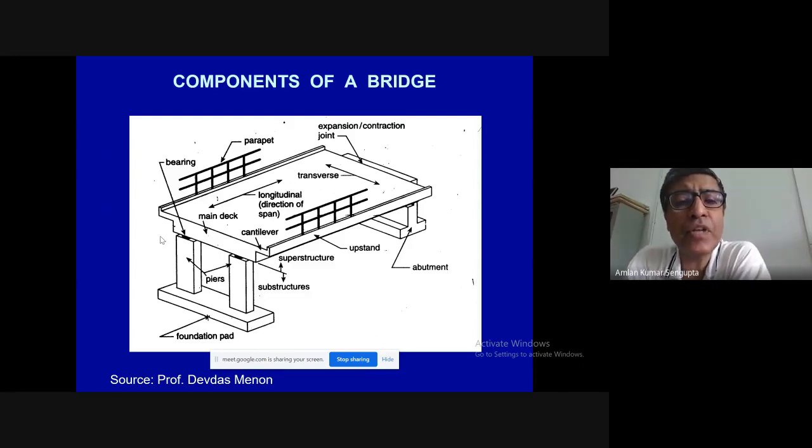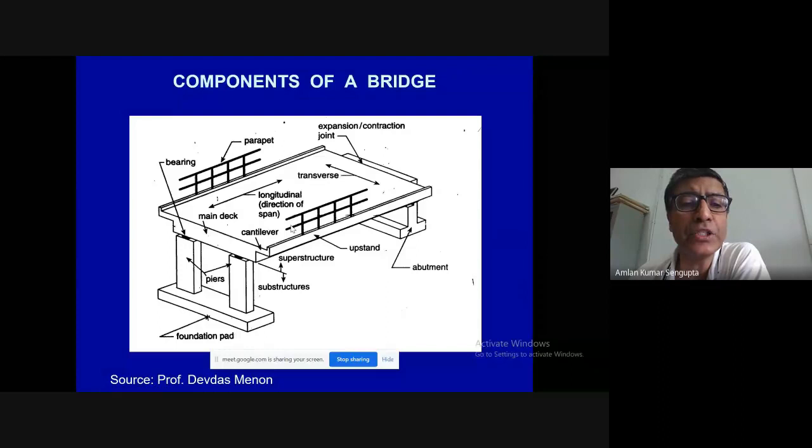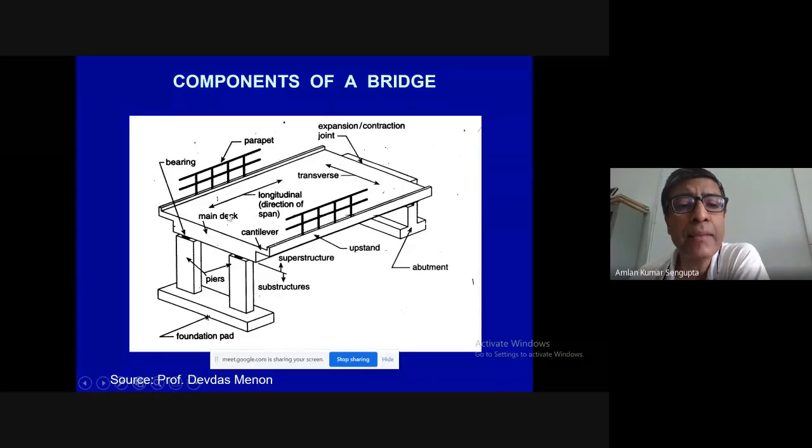Next, we are seeing another type of structure, which is called the bridges. Although in this course we will not be covering bridges, it is nice to have an idea so that some of you who may be attending the bridge course will be able to correlate the bridge structure with a building structure. In a bridge, the heaviest component is called the deck of the bridge. Deck is actually the slab of the bridge. And here the term is main deck, which supports the vehicles running over the bridge.